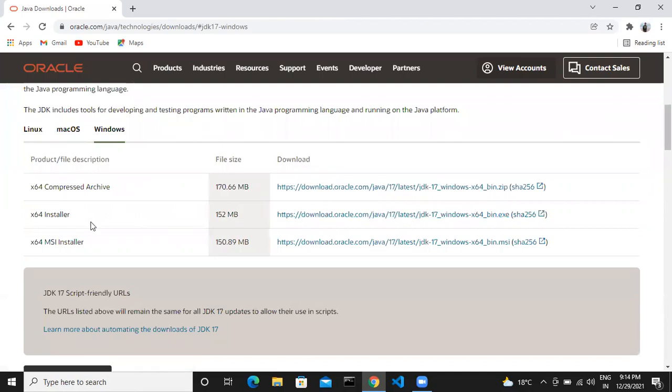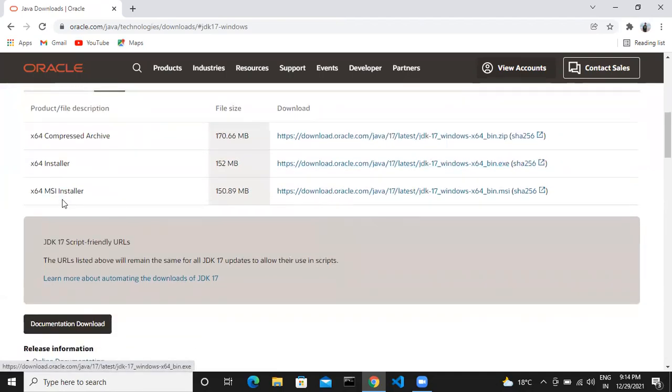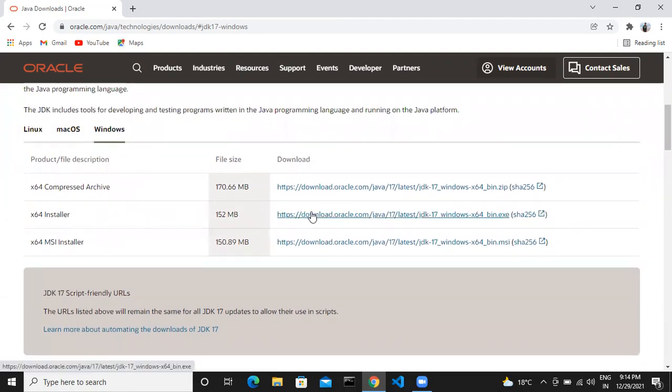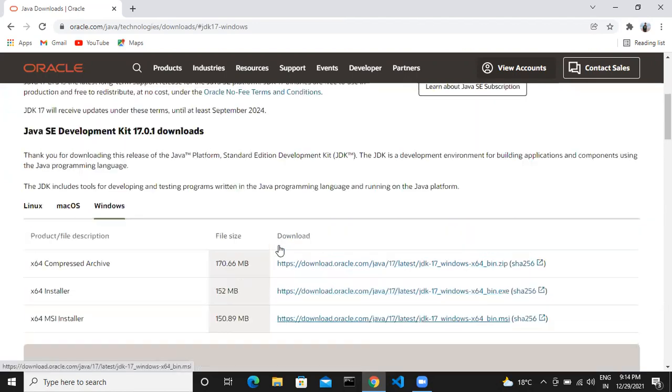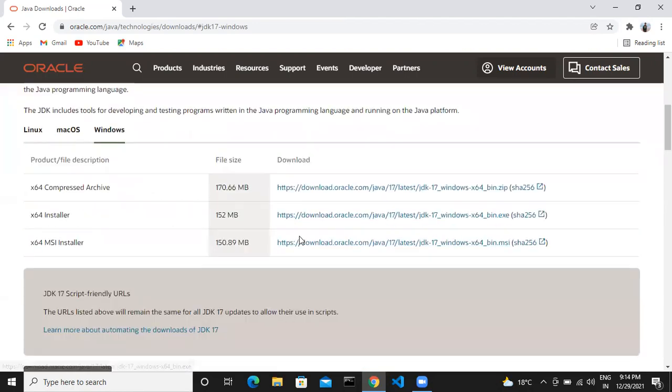So download the latest JDK which is compatible with your device. Since my device is 64-bit operating system, I'll download from here. And since I already have Java Development Kit in my laptop, I am not downloading this one. Okay, so after downloading